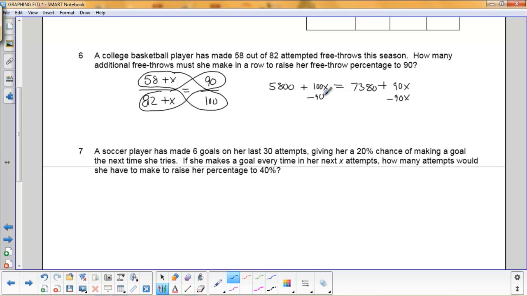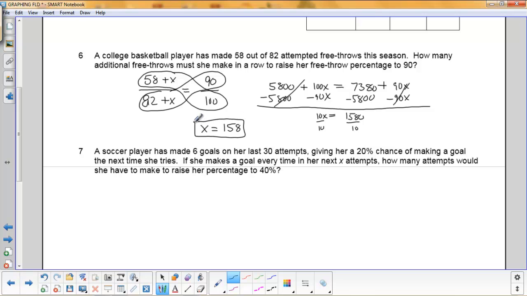Subtracting 90x from both sides, subtracting the 5,800 from both sides. It's going to give me what I need in order to solve this problem properly. So 10x equals 1,580, and I divide that by 10. So she has to make 158 additional free throws. Not very attainable for her, not very realistic, but that nonetheless is the answer that we